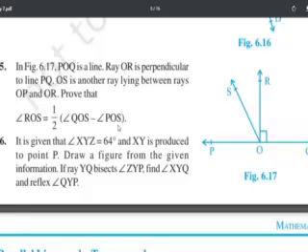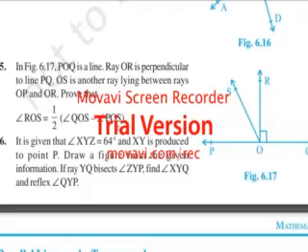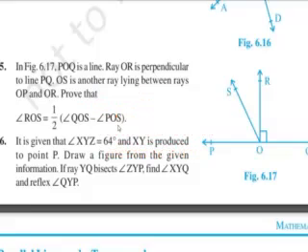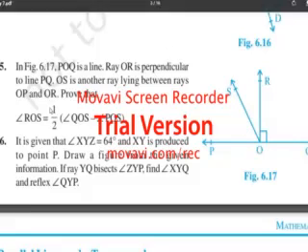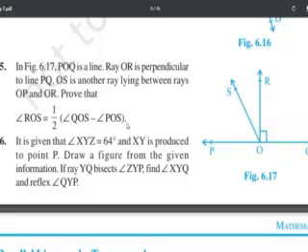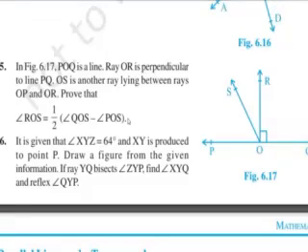Okay, such types of questions are very important. You can see over here it has been said to prove. Sometimes a student simply sees this and then says no, it can't be possible, because here it has been said QOS minus POS. QOS is in a different direction, POS is in a different direction, and its measurement is also not known. Then how can we say that ROS will become 1 by 2 times QOS minus POS? But when you keep patience and try to solve, then you will get it.